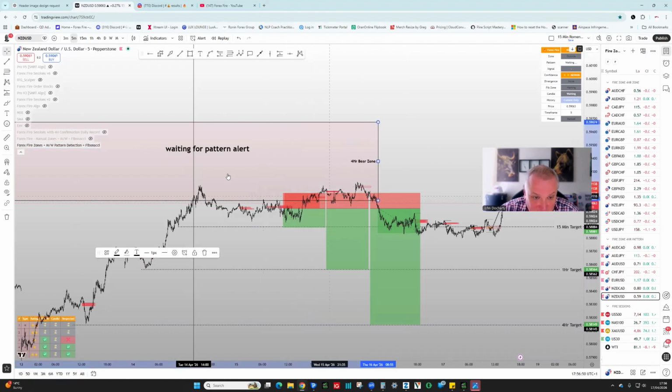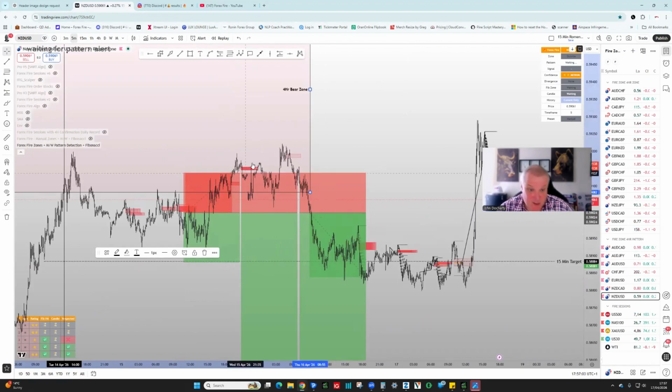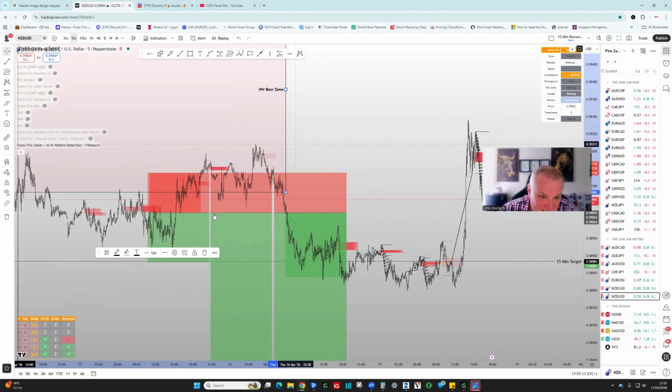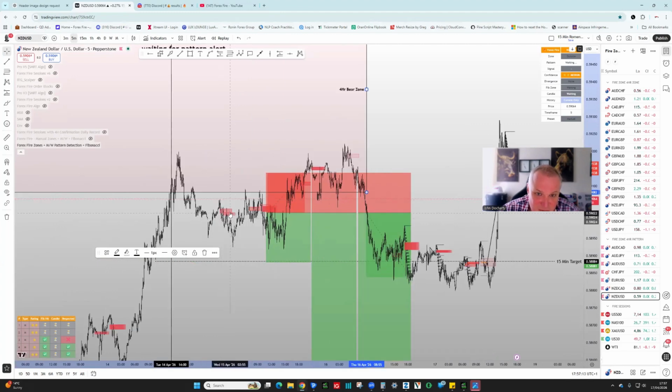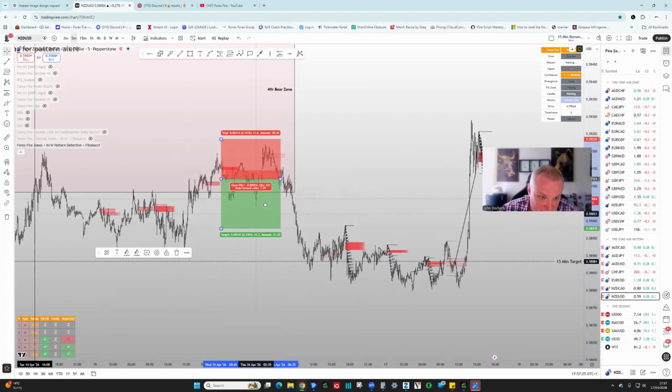So again, looking at what we're seeing here, I know I was in here, but maybe we should have waited for the pattern alert. Looking at this in hindsight, the pattern here and here, especially this one, to be fair, and also this one as well, it was inside of my selling zone. I took the trade when it was outside of the zone. So maybe looking at this in hindsight, this would have been a better option. And like I say, if I just take away this and this, and I put this up into this level here,